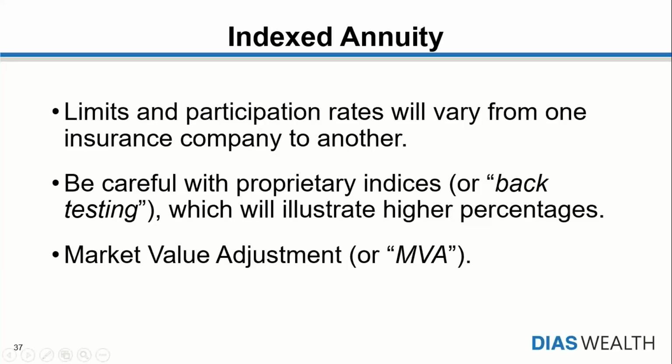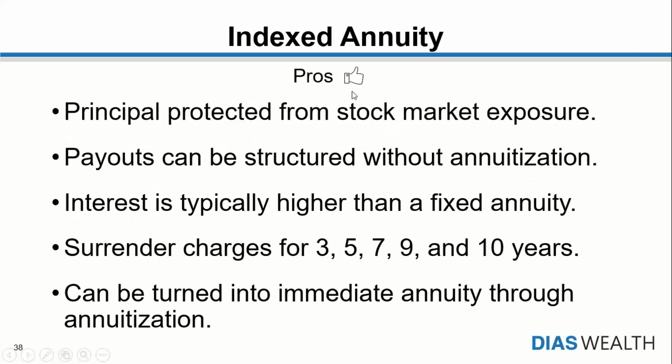And of course, there's also a market value adjustment on these as well, although not all of them, but for the most part. And really, the market value adjustment can be your friend. And I will go over it in the next webinar. But essentially, if you took out an index annuity years ago that has a market value adjustment, interest rates were a lot higher, and today's interest rates are a lot lower, and it hasn't been performing the way that you want it to, even though you have a surrender charge, you actually may be in a positive interest environment that you can just go ahead and exchange it or just get out of it altogether.